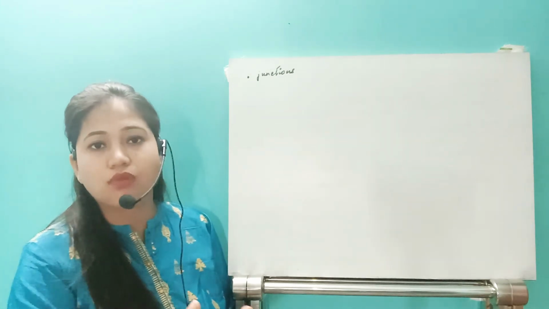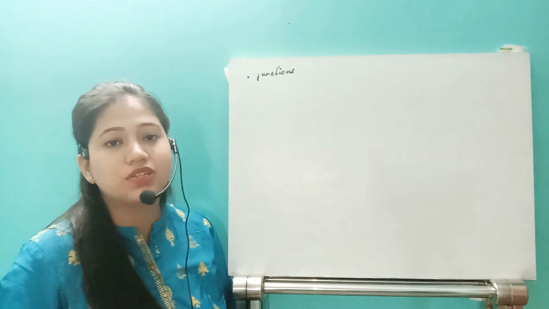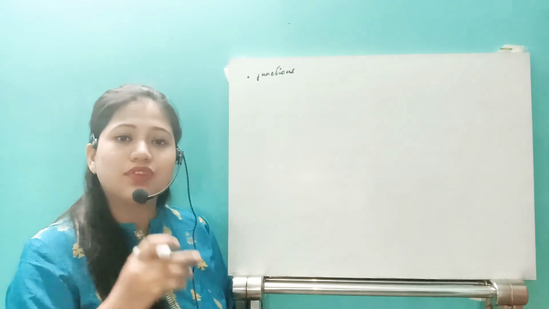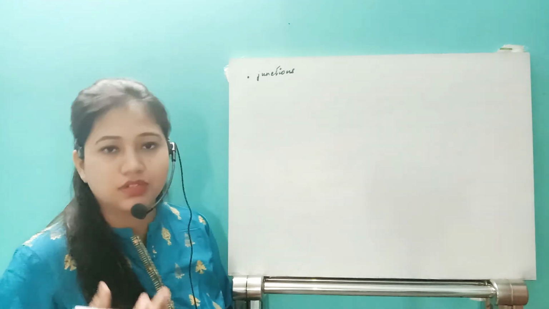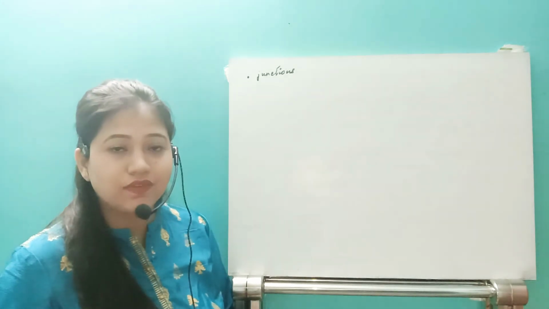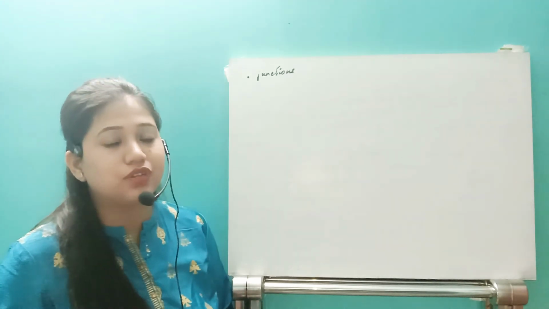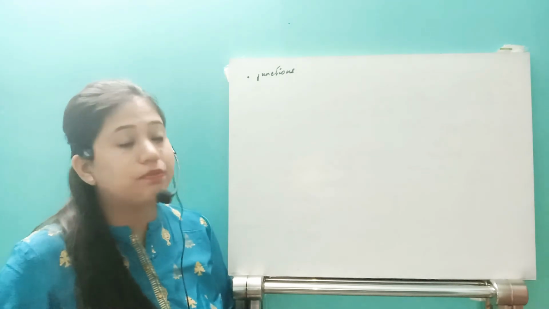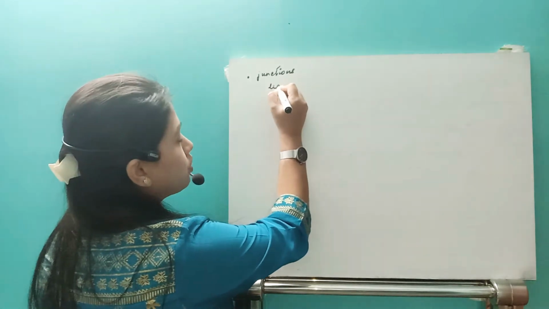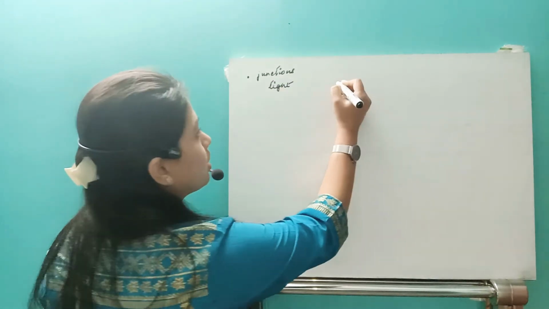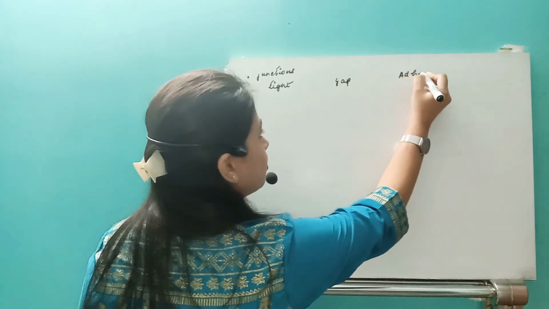So if it needs to form a single layer of tissue, the cells have to be attached very tightly to each other, right? Suppose it is a blood vessel. The lining of a blood vessel or lymphatic vessel is also epithelial tissue. So what happens to the epithelial tissue? They form different types of junctions. Depending upon junctions, you can see three different types. One is known as tight junction, the second is known as gap junction, and the third type is known as adherent junction.